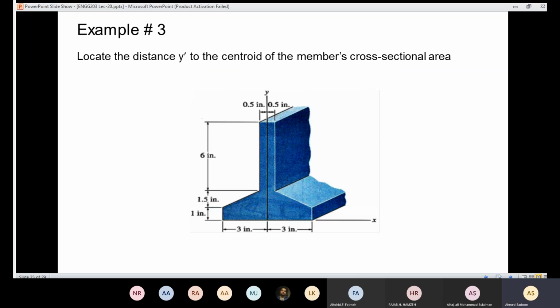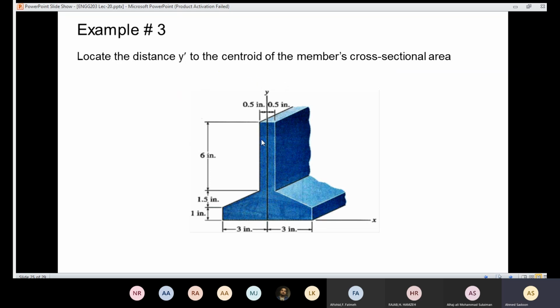In example 3, also they want to know the centroid for that area here. So we have an area and we need to determine the area centroid. And in this example, he asked only about the distance in y. He wants to know the area centroid in the y axis. Here, since we have symmetry about y, that means this part is a mirror of that part. And if I'm going to have a body like this one, and I'm going to have